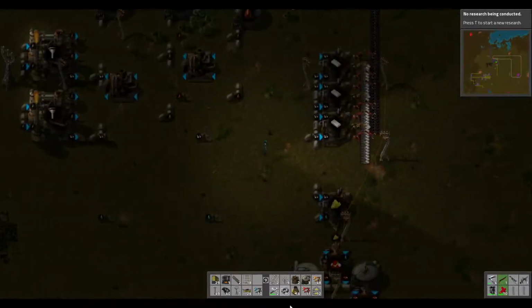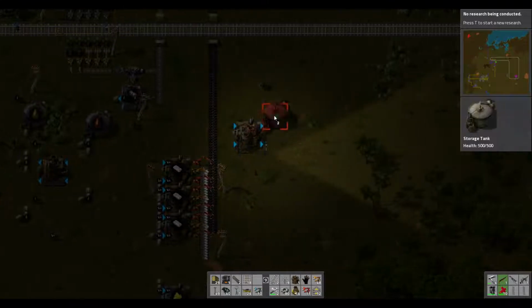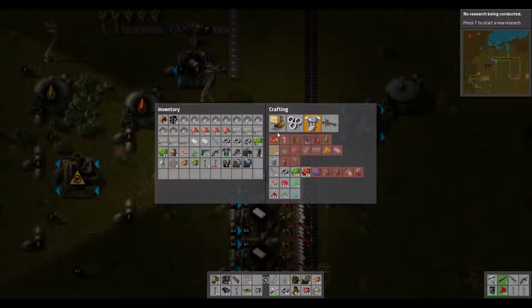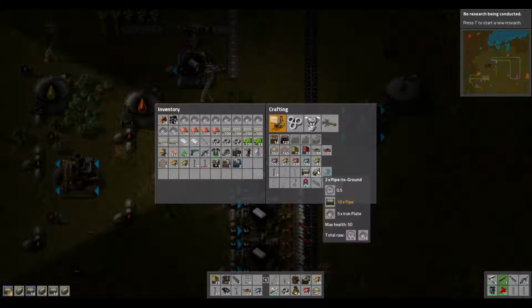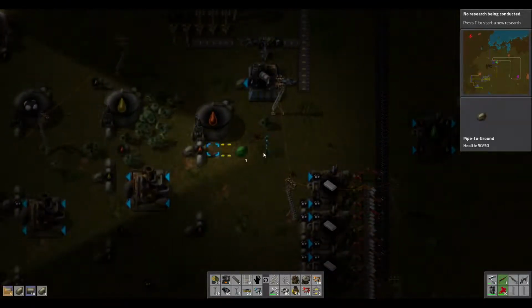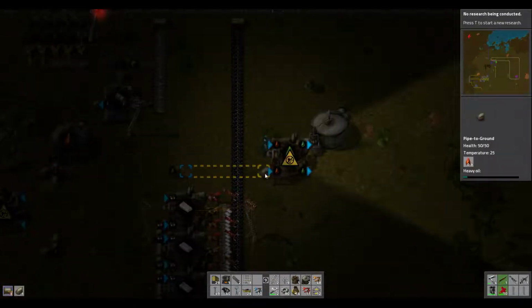But actually, something else we need to do. Over here, I'll just show you very quickly how I do it. Lube. It's not going to be. This is the only other constituent you need. The light oil is pretty useless. You're not using it for